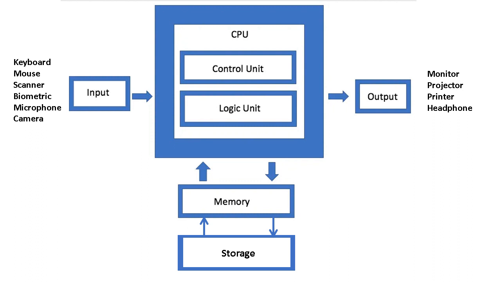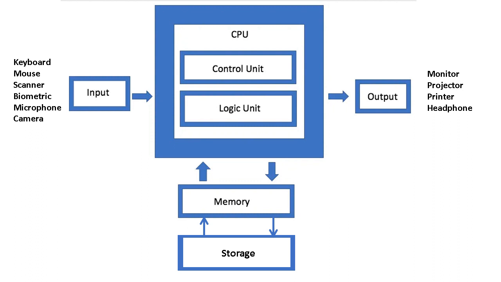The data are passed to the memory, and for saving those data permanently the storage devices are used. So again, memory accepts the data from the storage devices, and again the computer CPU fetches those data from the memory. You can observe the flow of this diagram, and after processing all the data and all the instructions which have been passed by the input devices, ultimately the data goes to the output devices, and through the output devices